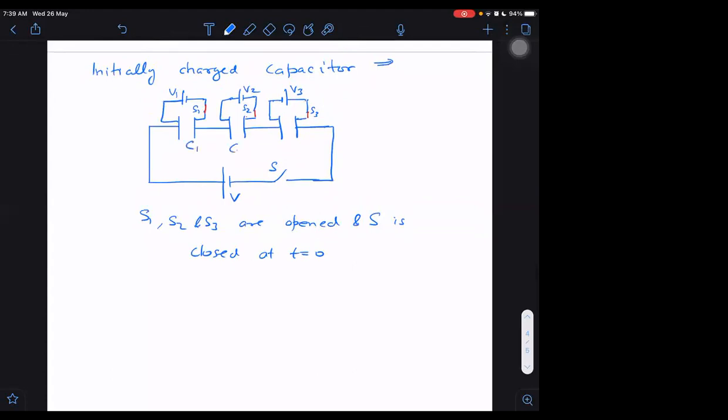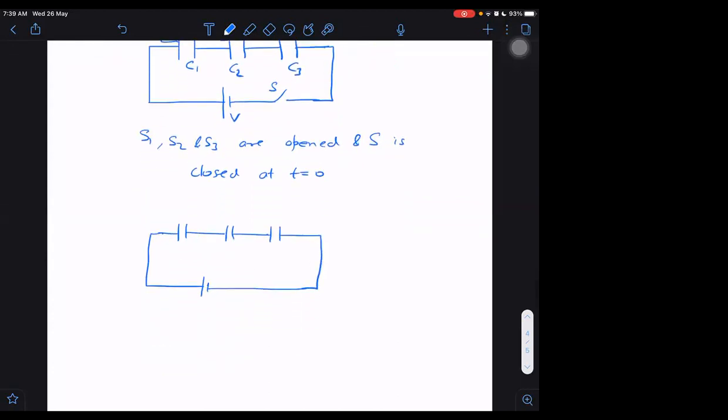Let us say the capacitances are C1, C2, C3. They are having initial charges, right or not? If they are already having initial charges, first of all, what we normally say will not be right. If we say that the charge stored in all the capacitors will be the same, that will be wrong. But one thing will still be true: charge stored may not be the same, but charge flown in series will always be the same.